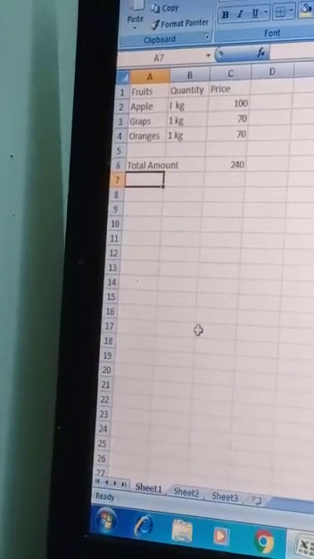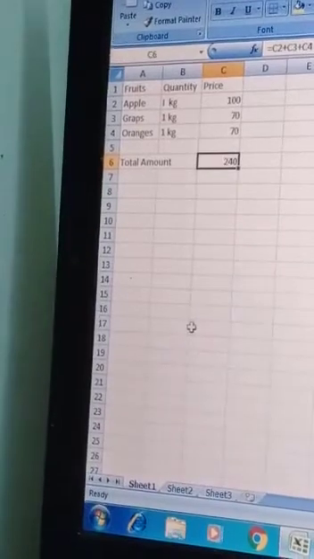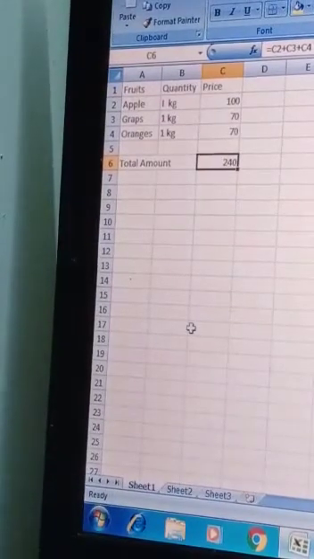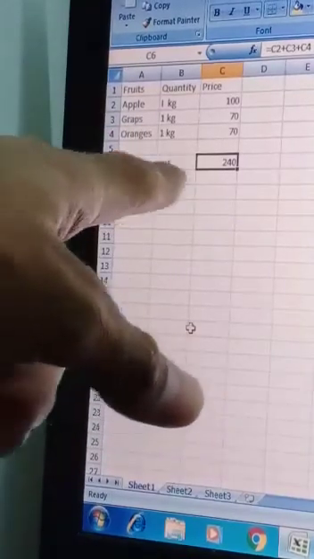Okay, total, how much are we getting here? 240. It means the total amount whatever we have spent on those fruits is 240. With the help of this we can add. What's the formula we have used here?